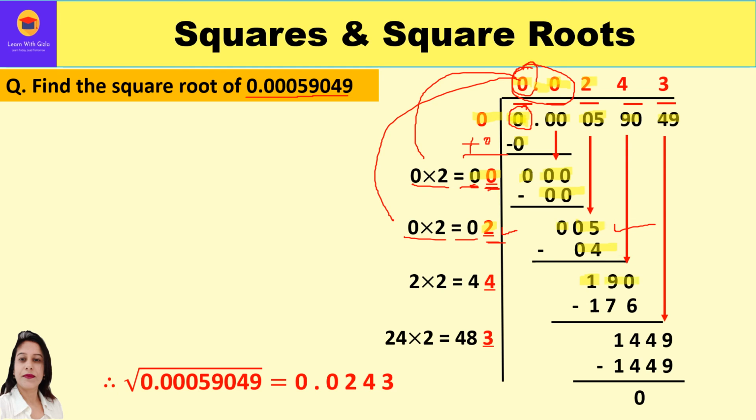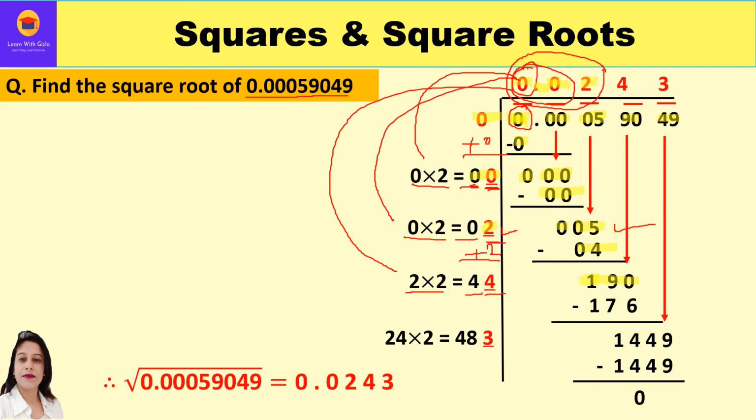Further bring down the next period, that is 90. Now we need to solve it. For that we need a divisor. So over here 002 is the next quotient which we have got now. Now we will bring down 2 over here. 002 is basically 2 only. So 2 into 2 is 4. Or you can just add the new quotient, that is 2 over here, and get 4.